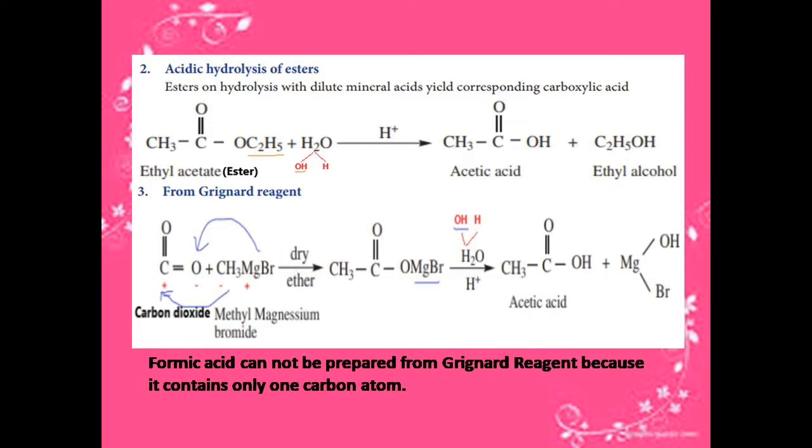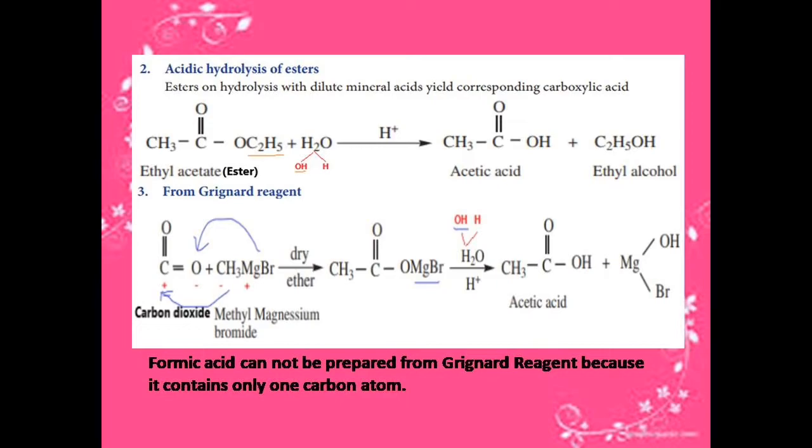The next one is preparation from Grignard reagent. Methyl magnesium bromide is a Grignard reagent. Here magnesium has positive character, so the methyl becomes the negative one. The carbon dioxide formula is O double bond C double bond O. One of the carbons becomes positive by giving the 2 electrons from the double bond to oxygen, so in carbon dioxide, one of the oxygens becomes negative. Now the positive goes to the negative and the negative goes to the positive, so that we get one compound.